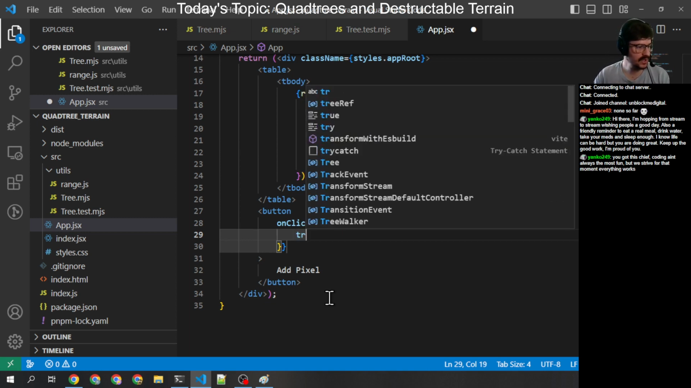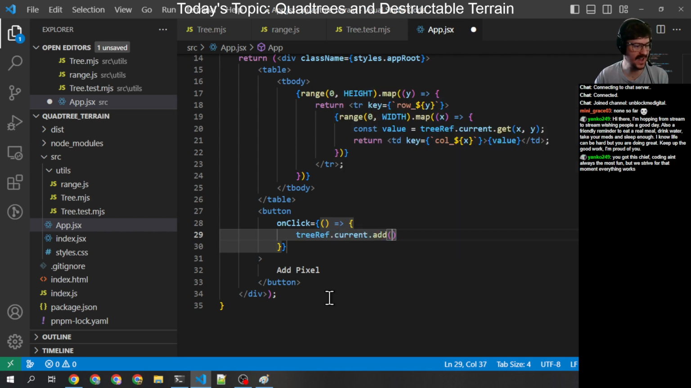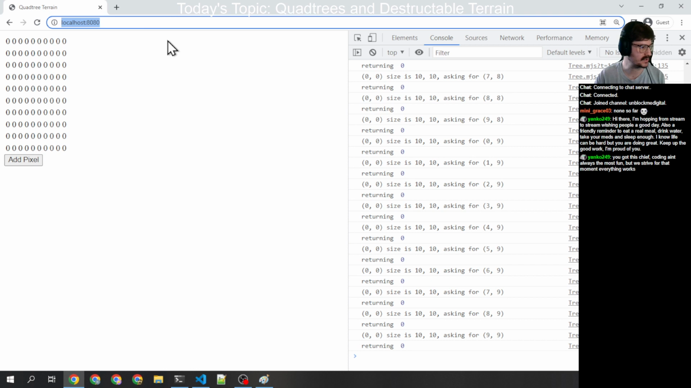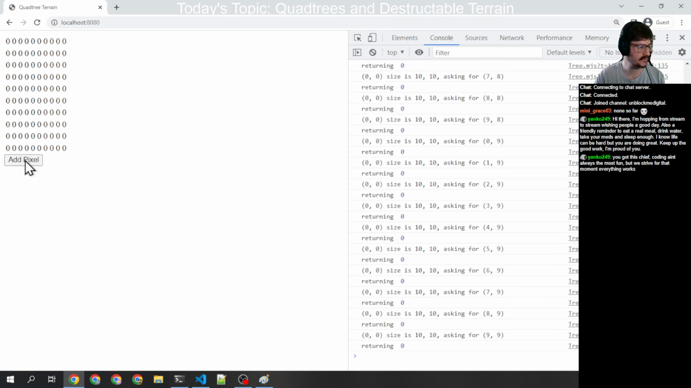So, tree ref.current.add x, y, and value. Let's add 4, 7, and put a 1. And then let's see what that gives us. If I click add pixel,